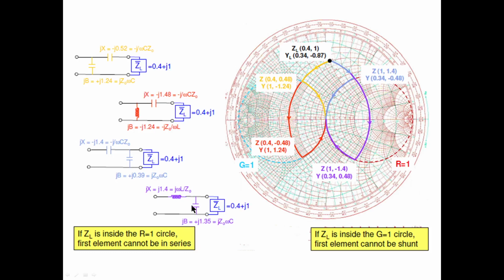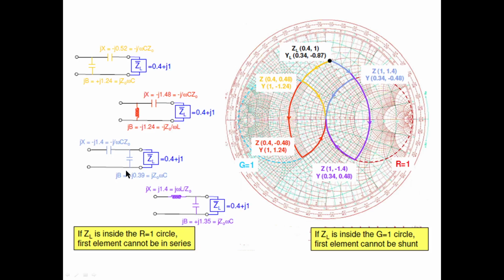See, like this, we can have four solutions for this impedance matching. For one load, some load is there, 0.4 plus j1, that is the load here. There are four solutions for this. Okay, so like this, you can do any one, or if they ask for two solutions, you can do two solutions.